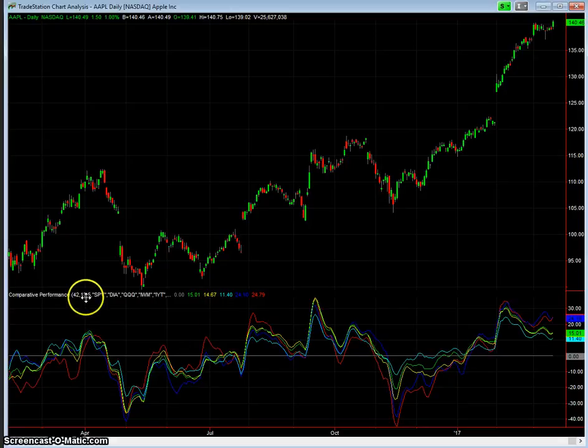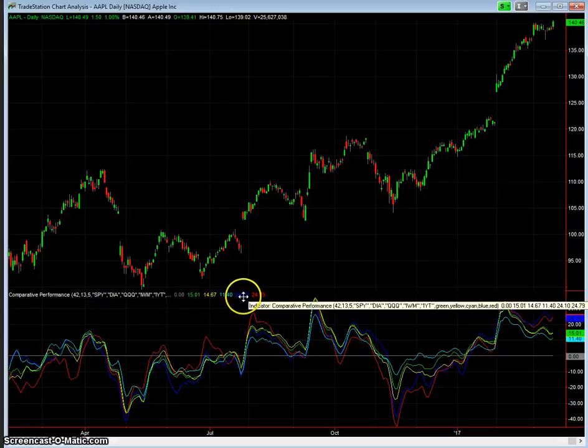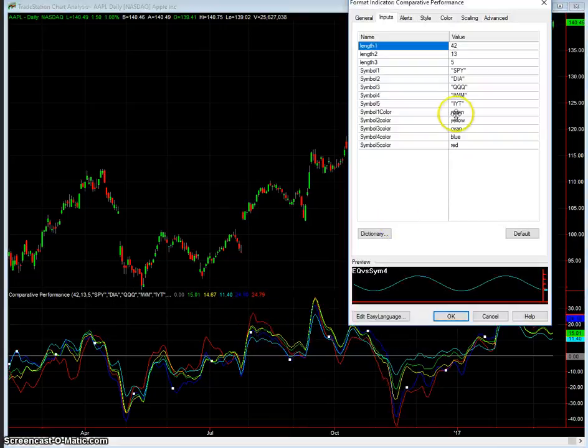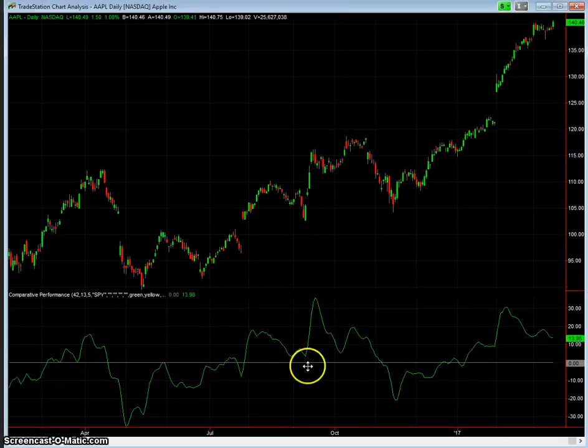And these are the exact same settings that the radar screen had, but just to show you what you can do. Say you just wanted to compare it to the SPY, you can come down here and just create an empty string for all of these. Okay, and there we just get the performance for symbol 1, which in this case is